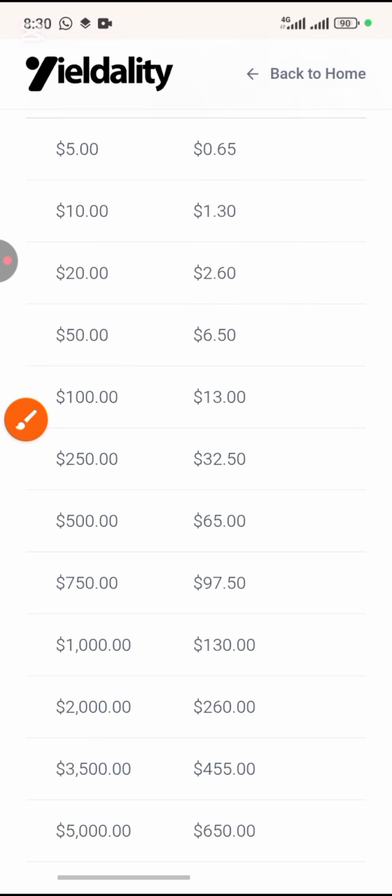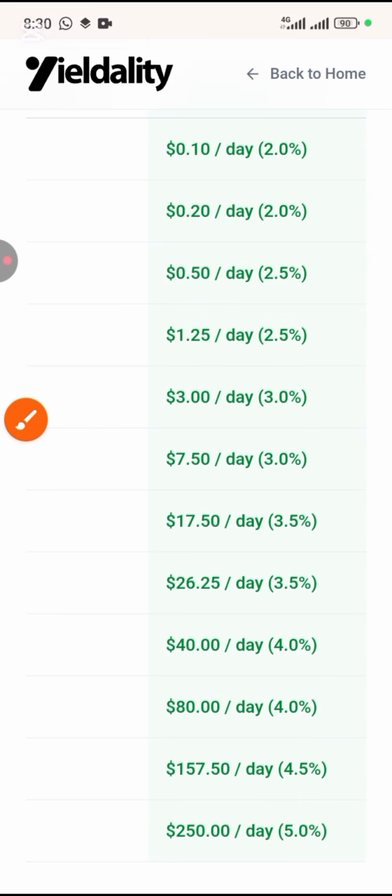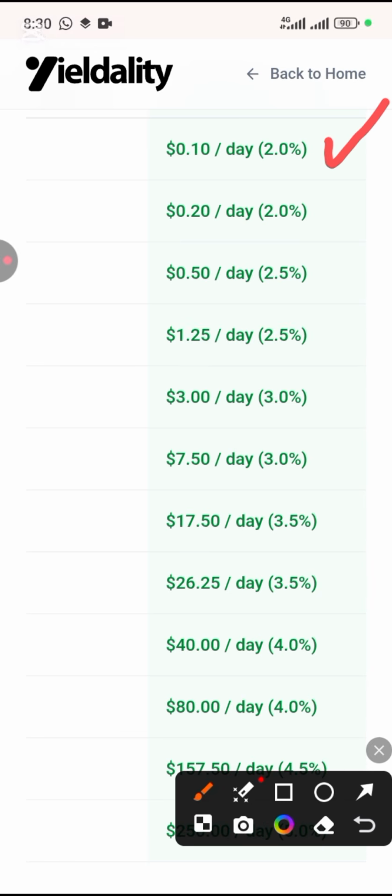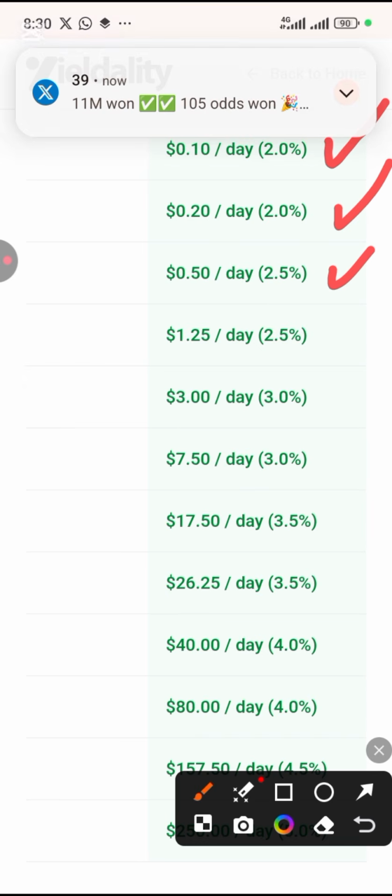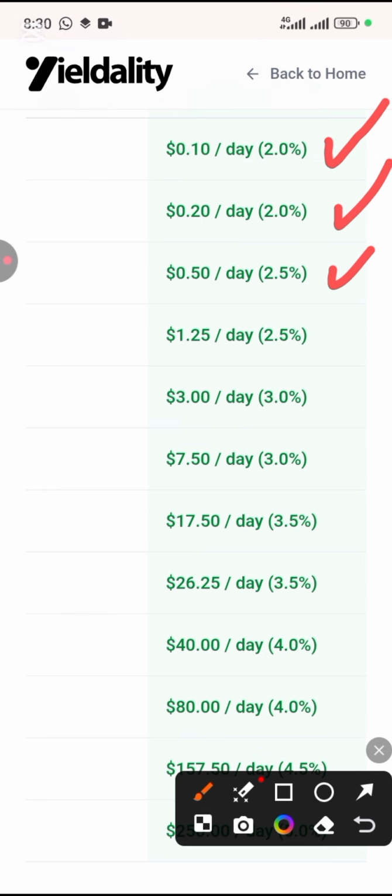Okay, so if you come here, you see level 1 $5 and level 2 $5. You'll be earning 2% of your money daily. Okay, level 3, that is $20. You'll be earning 2.5% of your money. Whatever you put in, you'll be earning it on a daily basis.